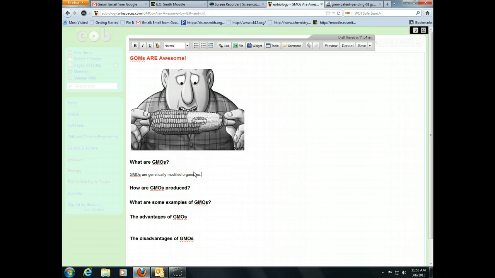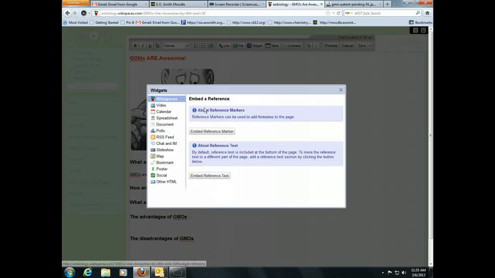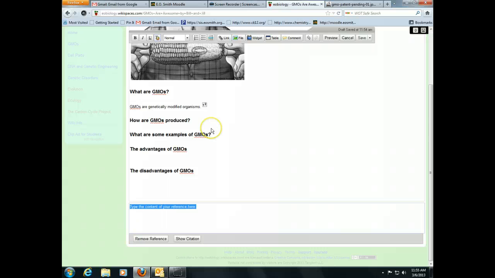Now what we want to do though is we want to cite all our sources, and we want to have good sources, reliable sources. I put some hints for that on the handout for this. So here's what I'm going to do. GMOs are genetically modified organisms, and then at the end of this sentence I'm going to put a footnote. Now click up on this widget. Widgets are tools that you can put into the page, and I'm going to use the reference widget and embed reference marker. Okay, and you see that it puts a little number in there. It's going to put consecutive numbers in automatically, like footnote numbers, and then down here I'm just going to type in